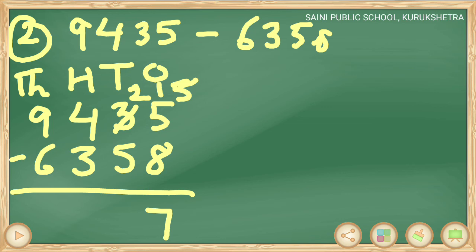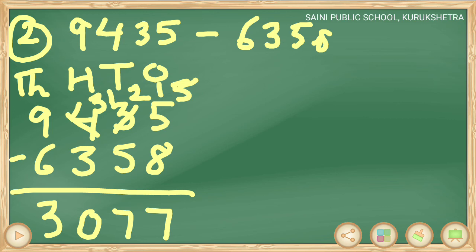Now our ones place is complete. Move to tens place. At tens place, 2 minus 5, which is again not possible. 5 is greater than 2. So we will take borrow from 100 place. Now this place will become 12, and this will decrease by one and will become 3. Now 12 minus 5, again 7, so I will write 7 here. Now move to 100 place. 3 minus 3 is possible? Yes, 3 minus 3 means 0. Move to 1000 place. At 1000 place, 9 minus 6, here I will get 3. So our difference is 3077.